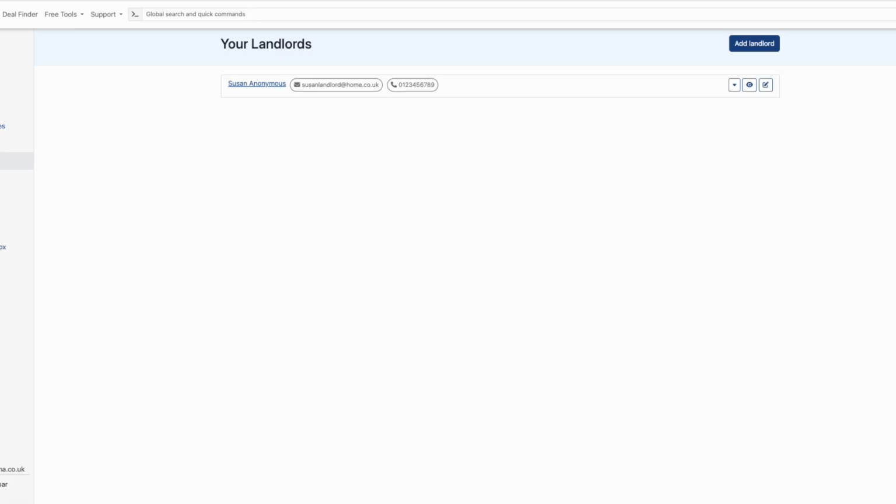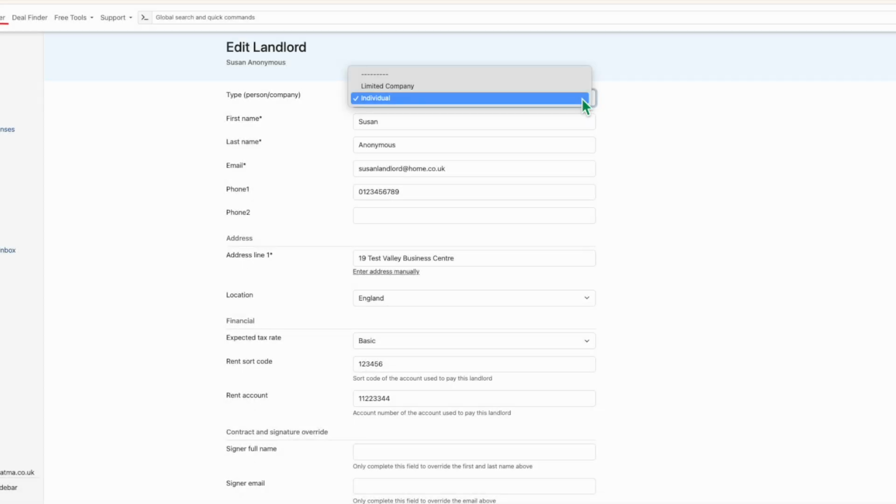A limited company landlord. PaTMa supports portfolios with multiple landlords. It supports individuals and companies as landlords, and any number of landlords are allowed. When you create a PaTMa account, a default landlord is added using your details, and you will be automatically set